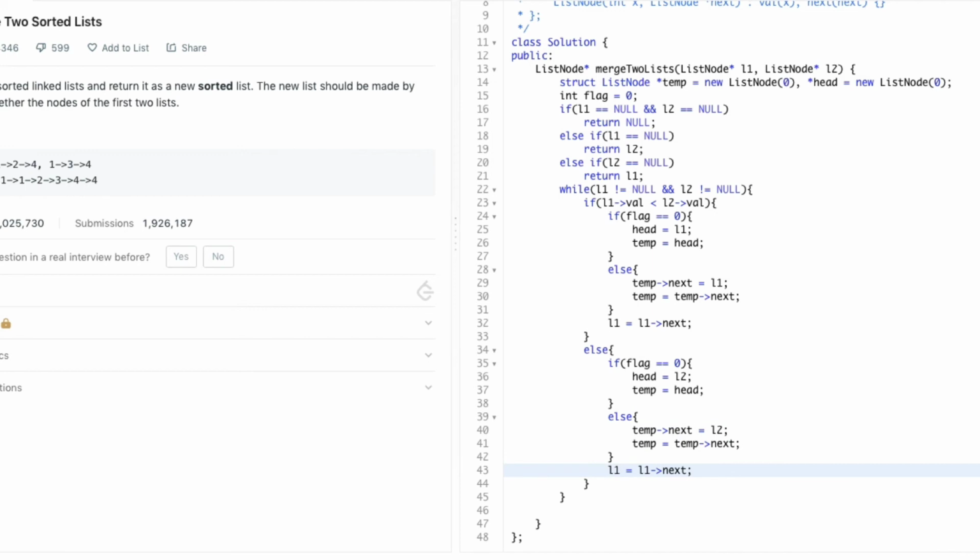And L2 moves ahead by one step. And we change the value of flag to indicate that a head is already declared and initialized.